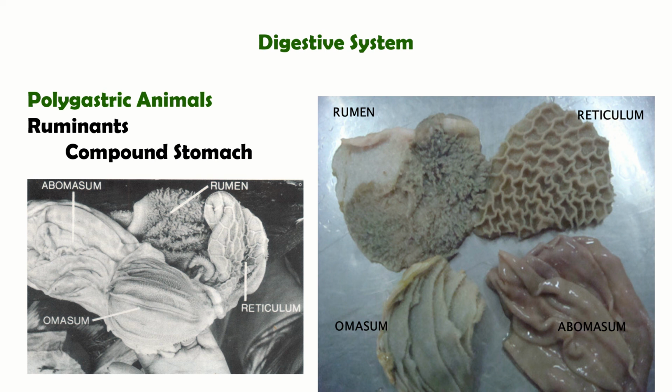Okay, bakit siya tinatawag na fermentation vat? Kasi sa rumen, nandun yung mga microbes. Itong mga microbes na to, sila yung nagda-digest at nagfe-ferment ng feed dun sa loob ng rumen para makagawa ng volatile fatty acid. Okay? Yung rumen, meron siyang mga tiny projections na tinatawag na papillae